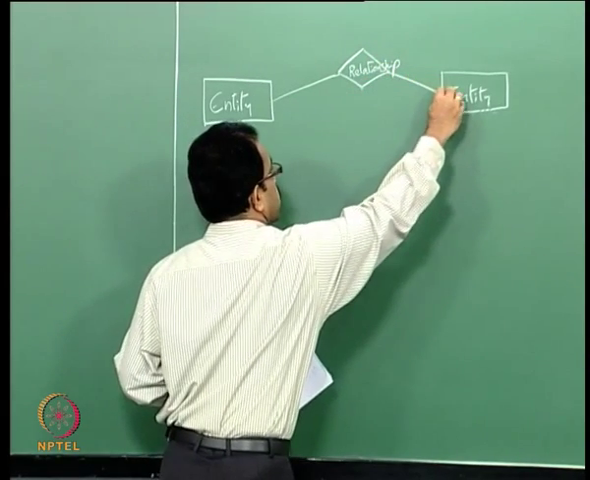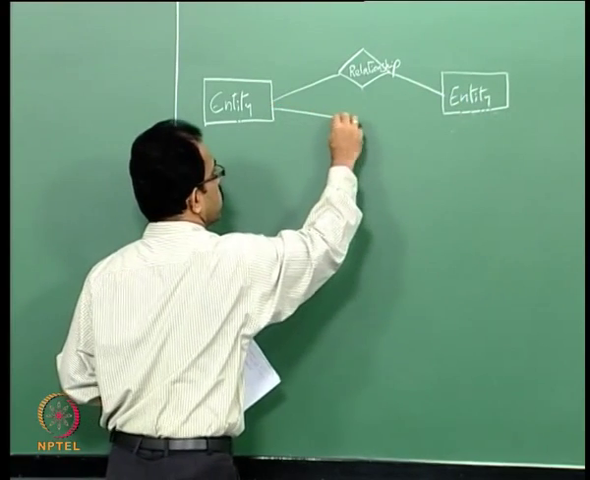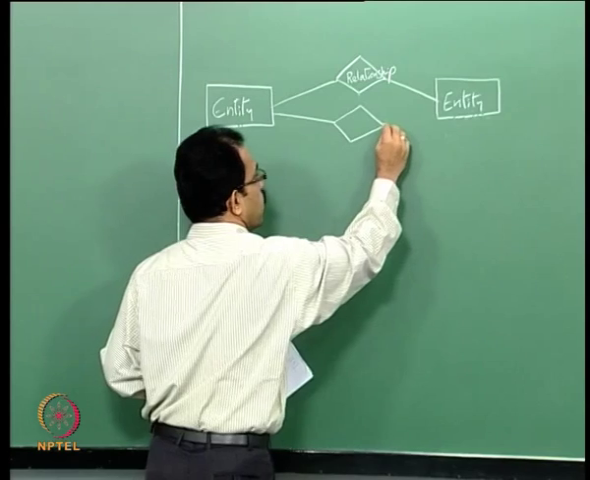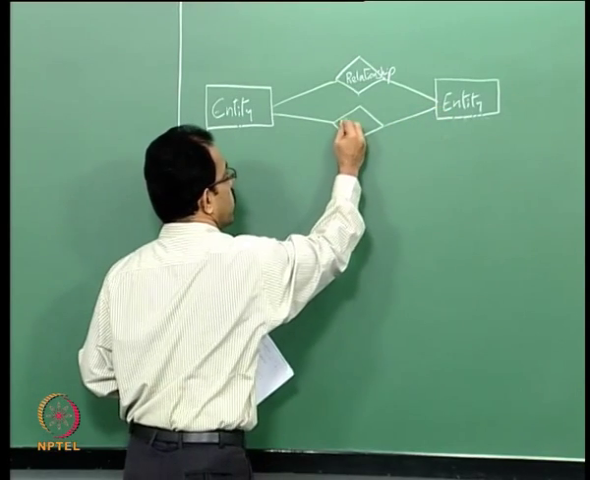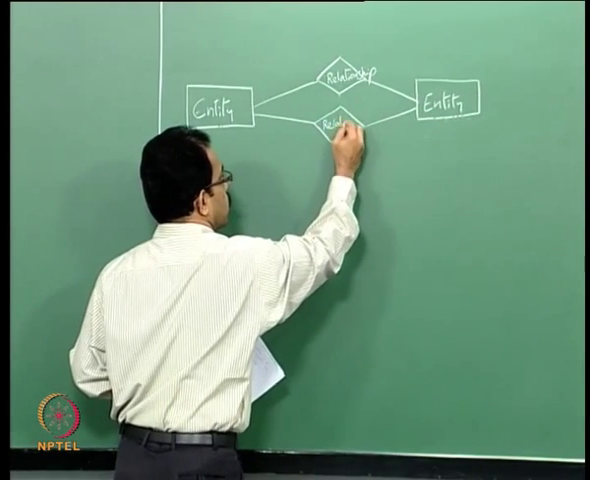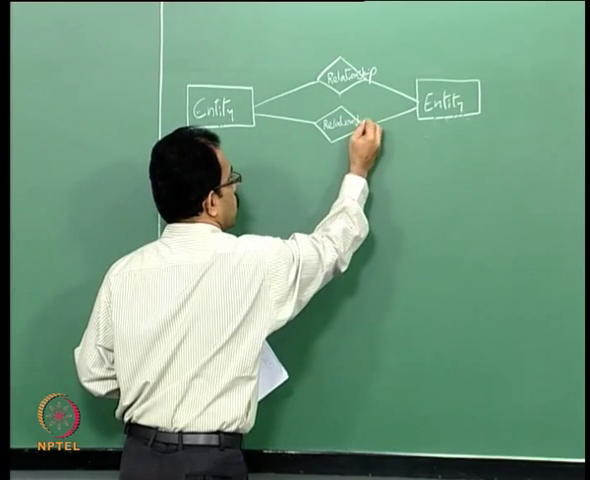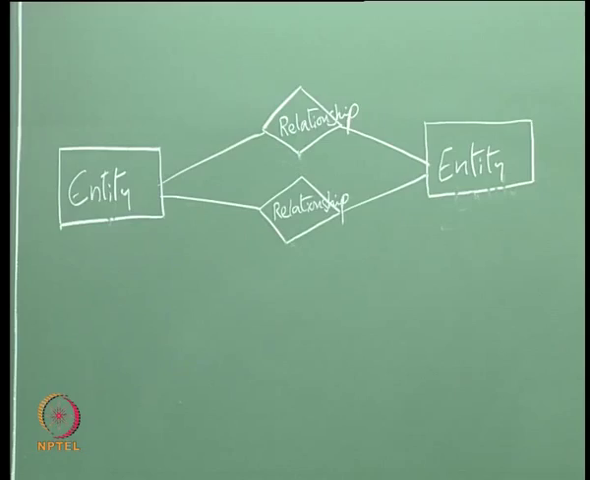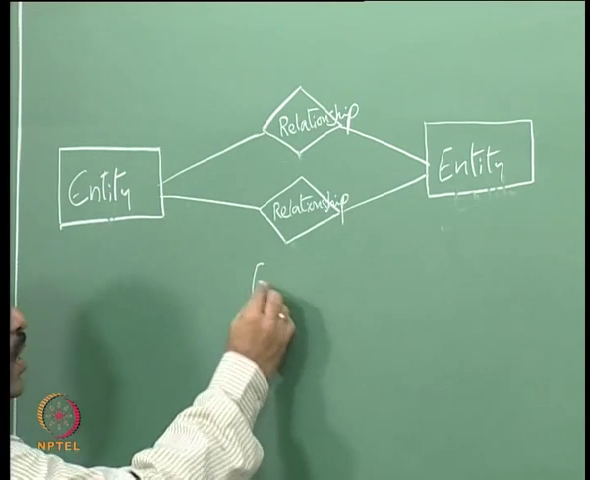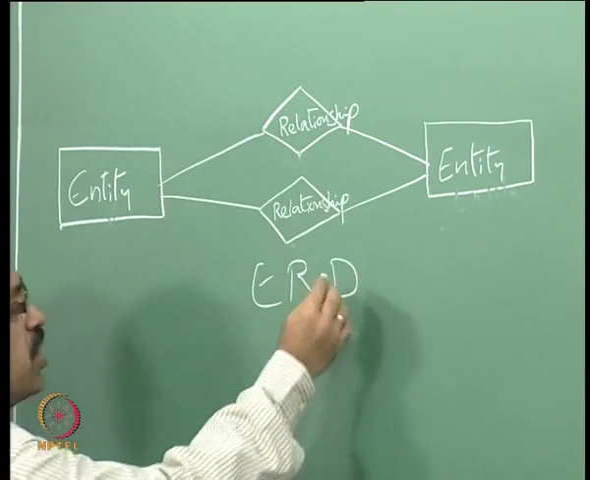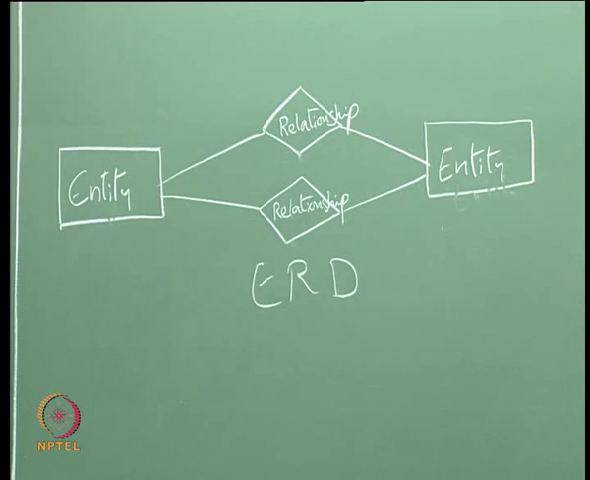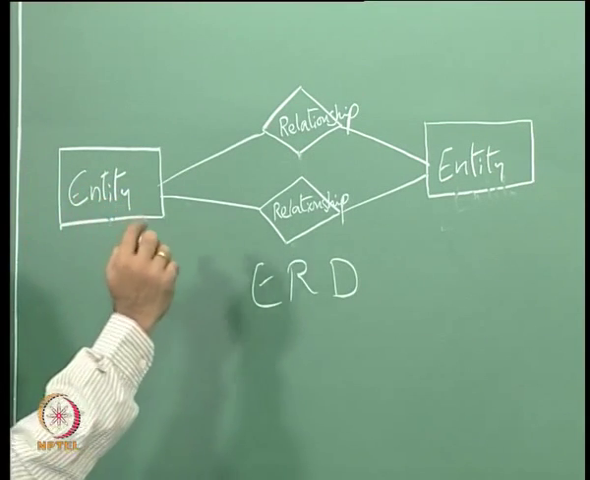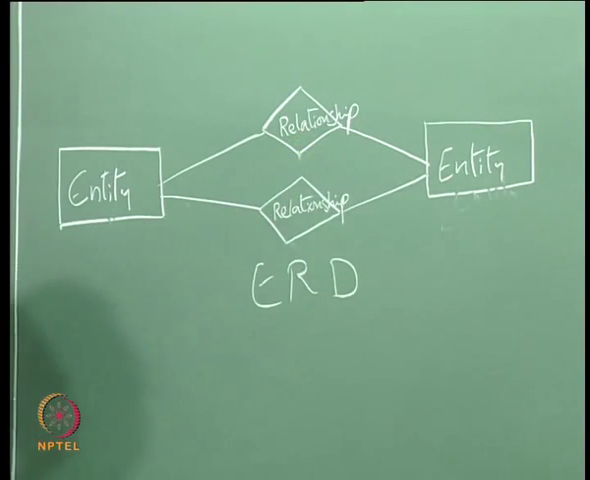And it is connected like this. So, if you have more relationships, we can draw more diamond shaped boxes to represent the relationship. So, this is the basic entity relationship structure. Here, as you can see, we can have many entities and many kinds of relationships. The entities are normally represented using square blocks,